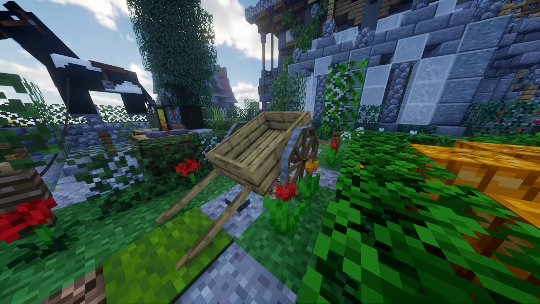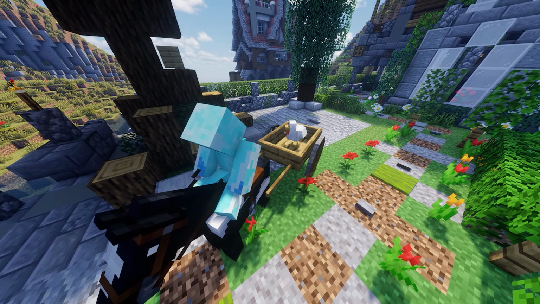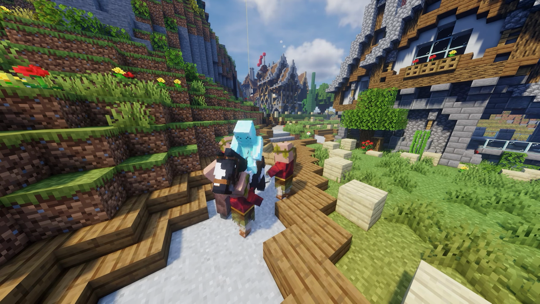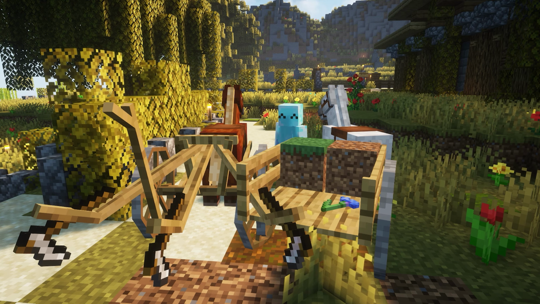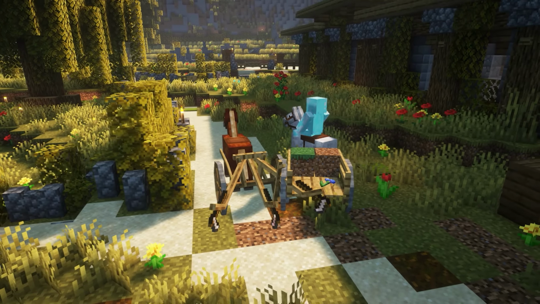Now my favorite part of this mod is the animal cart, which as you can tell from the name, is a cart that carries animals. Kidnapping villagers has never been easier with this mod. Now just with the AstikorCarts mod itself, I think horses are already incredibly more useful than before, but it still lacks